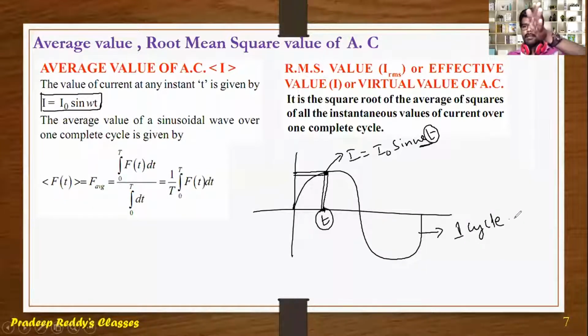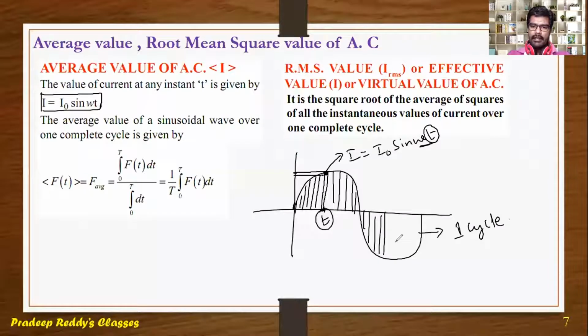That means for one complete revolution of the coil in the magnetic field, the EMF produced is one cycle, or the current produced is one cycle, which represents one cycle of rotation of the coil. What is the total magnitude I want to find out? If I want to take the magnitude of this, what should I do? I'll take all such small elements and add them, and I will divide it by the net time from here to here, so that you will get the average value.